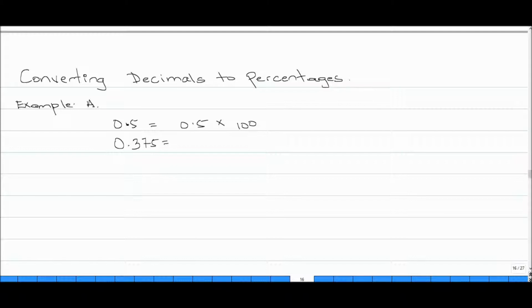Now we turn to page 79 and we're going to be looking at converting decimals to percentages. It says to convert a decimal to a percentage, multiply the decimal by 100. And we look at example A and B. Example A, we have 0.5